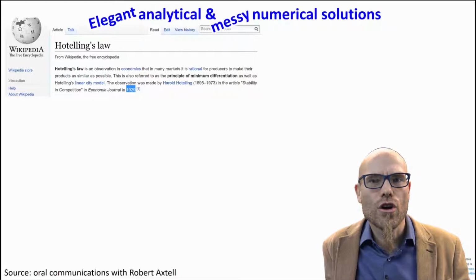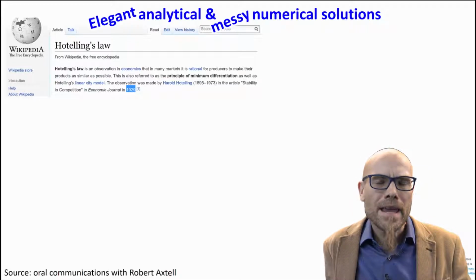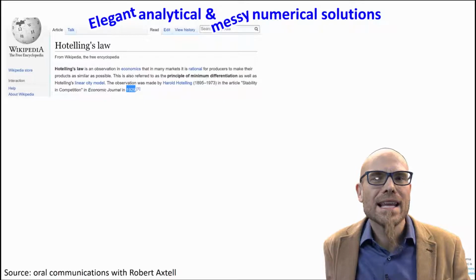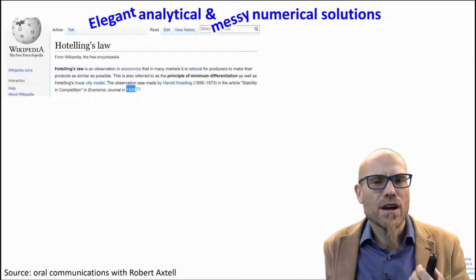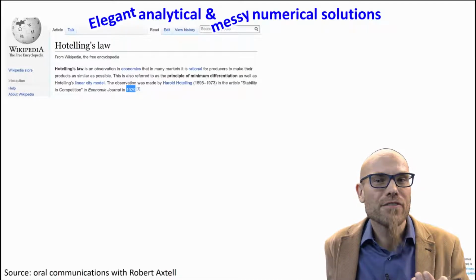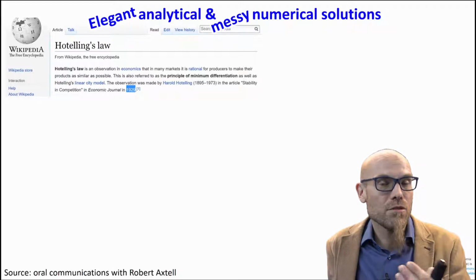Hotelling's law is a very old law in economics from 1929. And what Hotelling analyzed is how different companies divide up the market among themselves, so how they try to maximize profits by adjusting their prices and capture more market share.